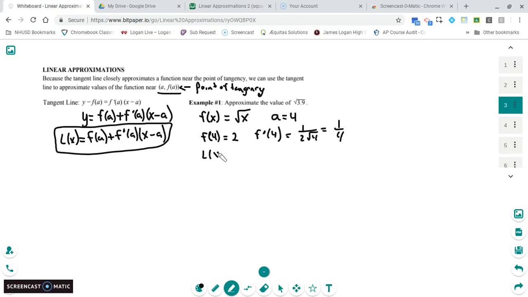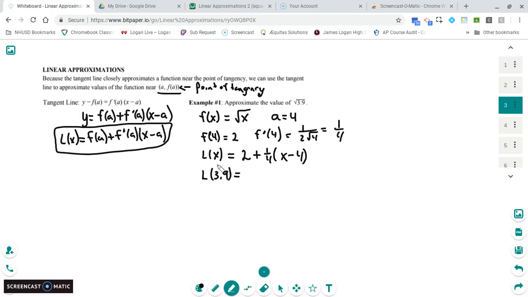So L of x would be equal to the y value, 2, plus the slope, plus 1/4, times x minus a, and the a we chose was 4. All right, now we are going to approximate 3.9 using this tangent line. So I'm going to evaluate L of 3.9,